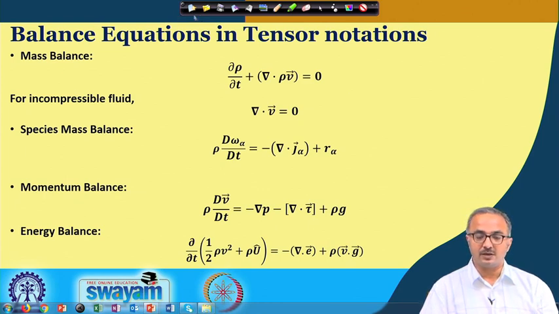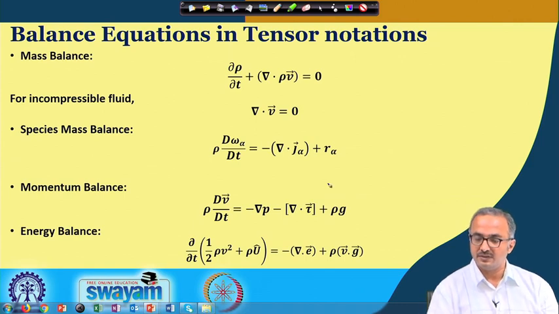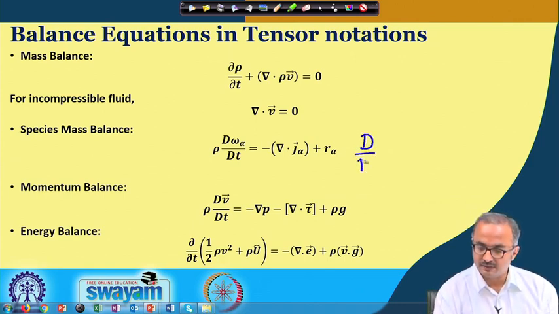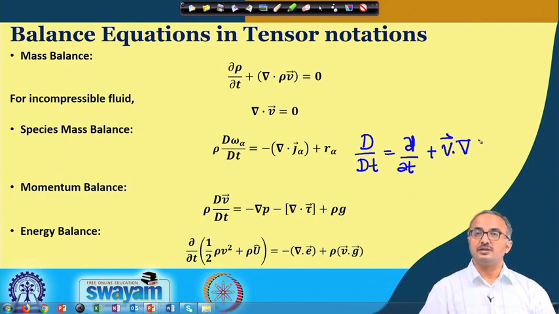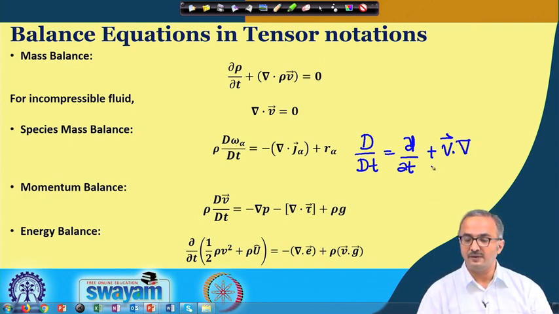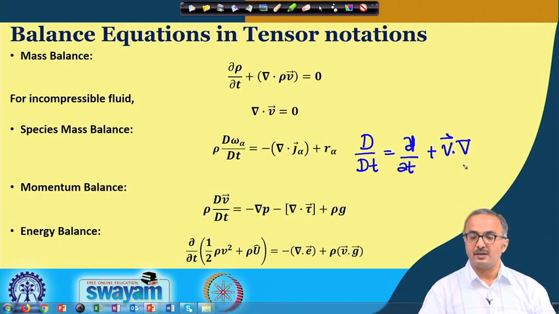Okay. Next, we come to the species continuity. In the species continuity, we also derive this particular equation, and here we have the total derivative. This d by dt is the total derivative. This is an operator, you can say. This will be dou by dou t plus v dot nabla. So, this is the operator d by dt, the total derivative, and this is a partial derivative. Okay. So, in this total derivative, we have the contribution for the change at any given location with time, and this gives the change due to the convective flow. So, this is the total.